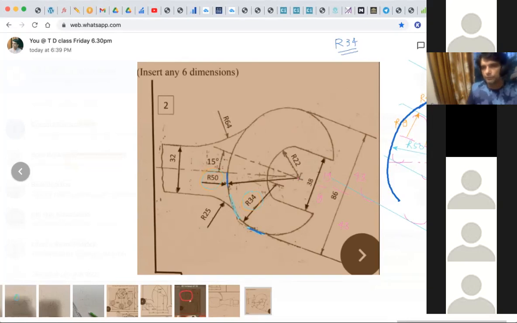So what I will do, 50 minus 34, because it is internal. If you see, this 34 is inside, this 50 is like this, right? So it is internal, so 16. So from P we need to draw 16 radius. This is important. This is radius 16. Now if you see, how much is this? 34, which is touching here, and this is 43.